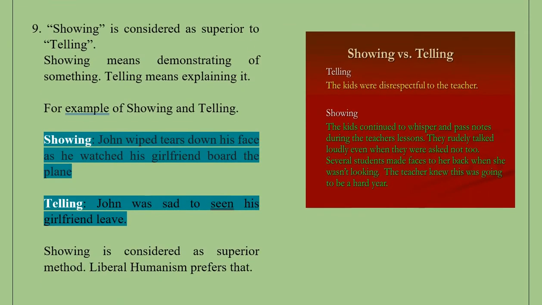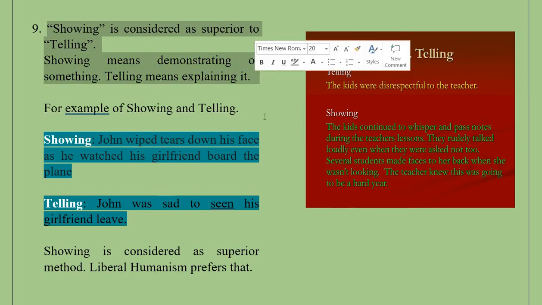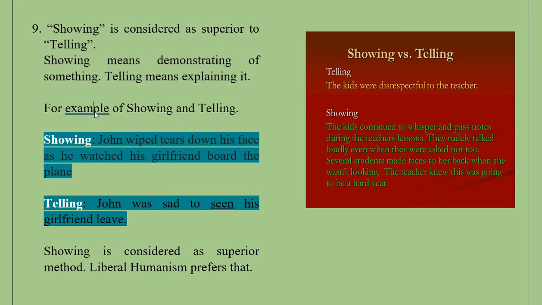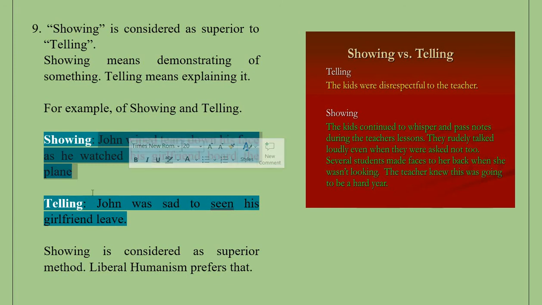Then 9. Showing and telling. See, liberal humanists believe that showing is considered as superior to telling. Showing means demonstrating of something, telling means explaining it. You will understand it very easily if you see this particular example. Showing. John wiped tears down his face as he watched his girlfriend board the plane. Then the same example, telling. John was sad to